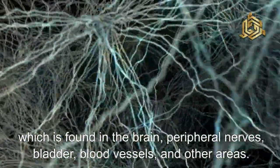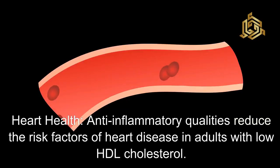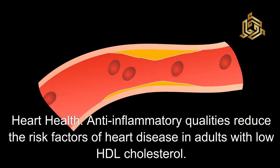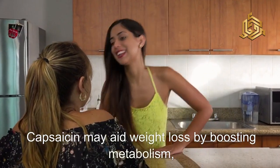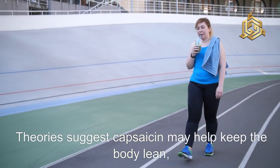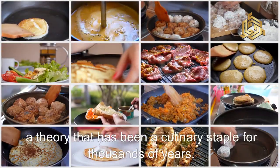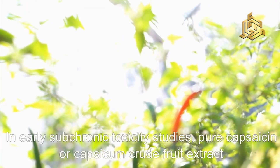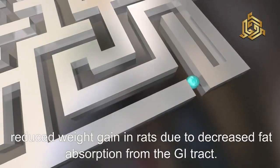other areas. Capsaicin's health benefits include heart health. Anti-inflammatory qualities reduce the risk factors of heart disease in adults with low HDL cholesterol. Capsaicin may aid weight loss by boosting metabolism, enabling easier weight loss and fat burning. Theories suggest capsaicin may help keep the body lean, a theory that has been a culinary staple for thousands of years. In early subchronic toxicity studies, pure capsaicin or capsicum crude fruit extract reduced weight gain in rats due to